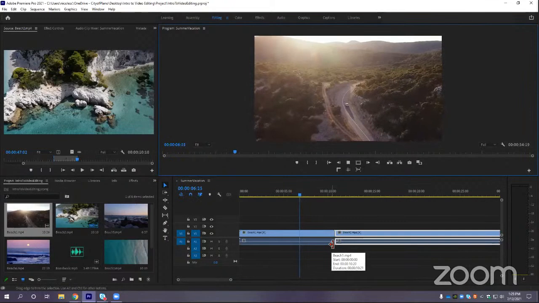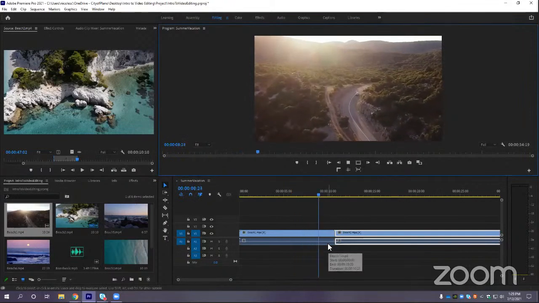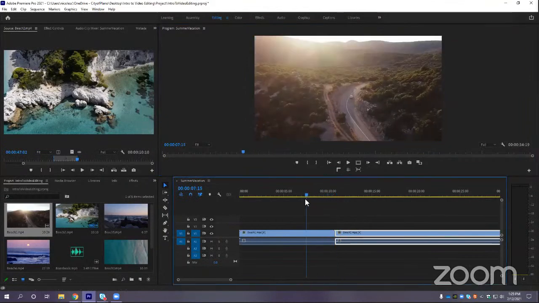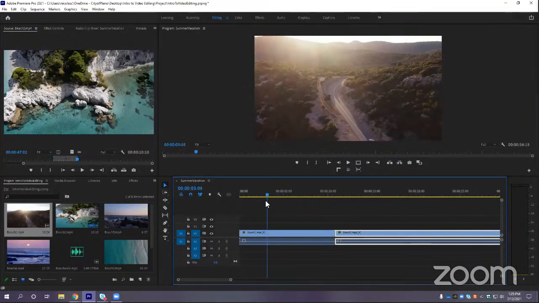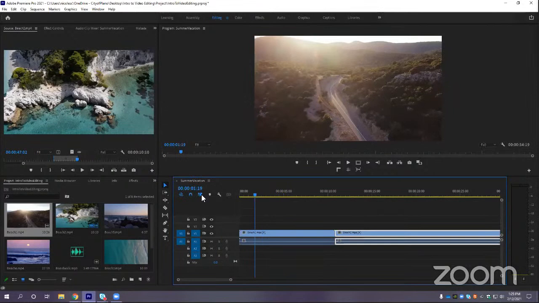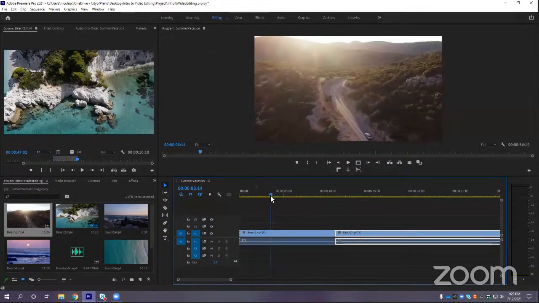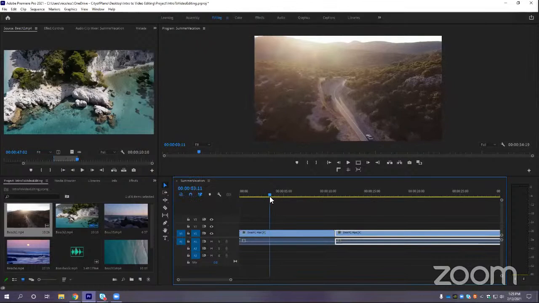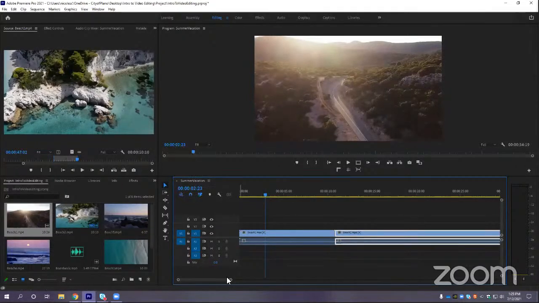Okay, so we have a car coming into frame into a hilly section. So let's say we want to make a cut to this. And instead of making it in our source monitor, we've already dragged it here into the timeline, and we just want to make that cut here. So what we're actually going to do, I want to make that cut right before our car comes into frame. So I can either do that by clicking on this playhead and moving it to right before the car comes in. Or if I want to be really, really detailed about it,